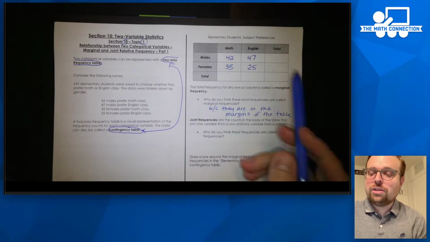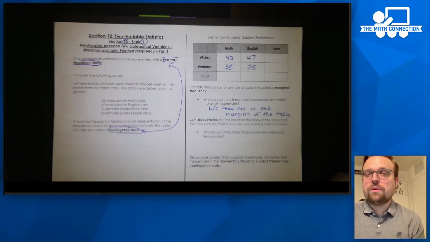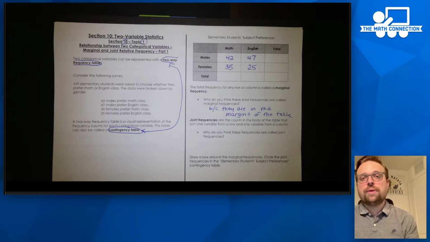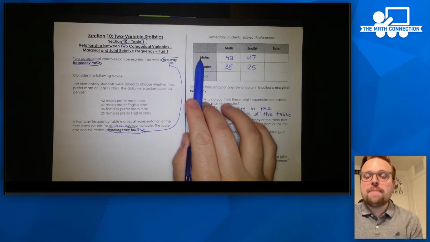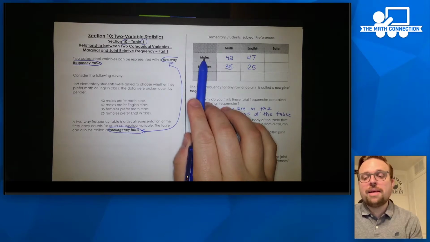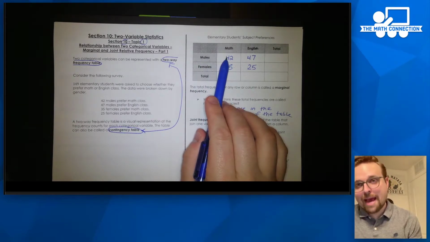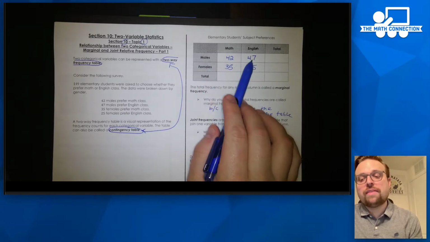In this situation, when we're talking about joint frequency, we're looking for a count when those two categories intersect with each other. So we don't want to just know how many males were surveyed. We want to know how many males were surveyed that liked math